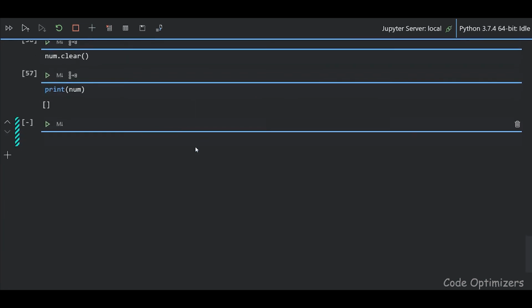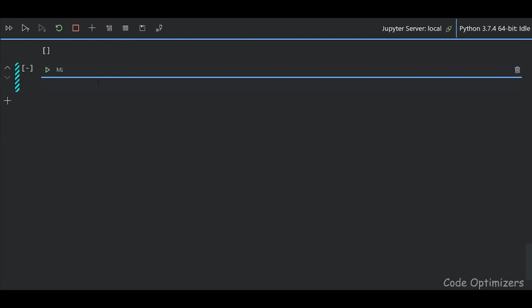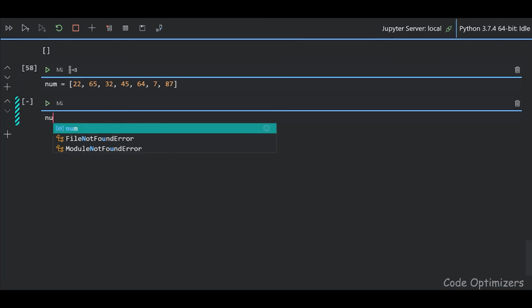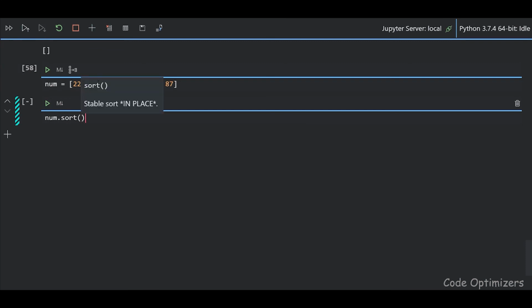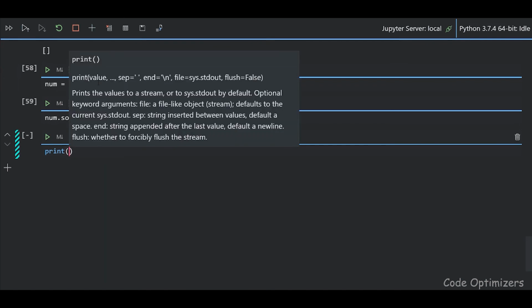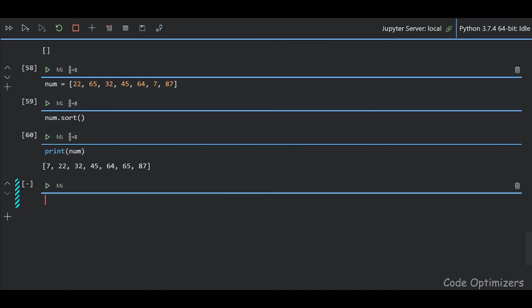Let's see the sort method in a list. Let's fill up the num list with random numbers and then sort it. So let's sort using the sort method. Just type num.sort, and now let's print this list, and we can see that the list is sorted in ascending order.